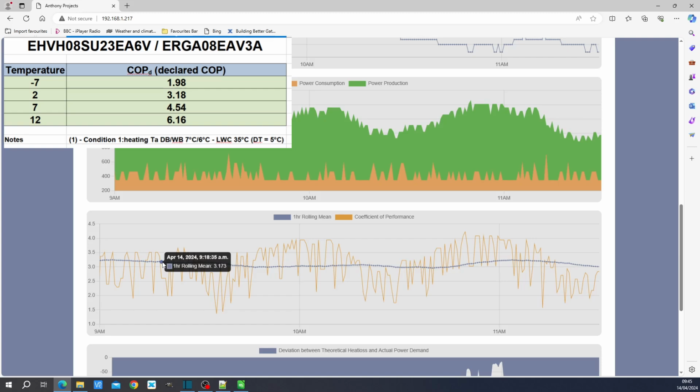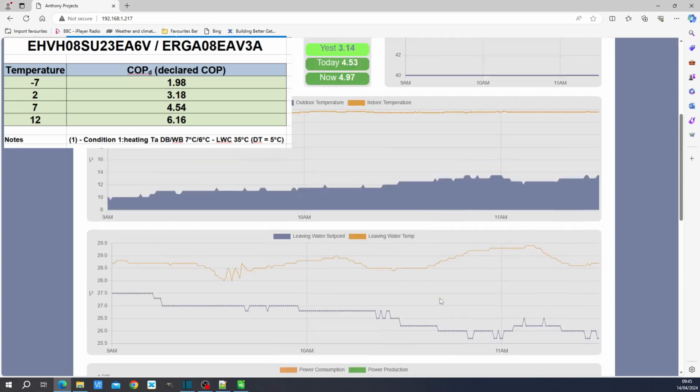If you compare that with the published figures for coefficient of performance at a temperature of 12 degrees, you will see that we should be getting a coefficient of performance of about 6. And at 7 degrees, it should be about 4.5. And at 2 degrees, it should be about 3.2. Now, below 8 degrees Celsius, roughly speaking, we are meeting those numbers for coefficient of performance, but above 10 degrees, we're not. You can see coefficient of performance is rising up and down. There seems to be like a 1 hour period rising up and down, and this is where we need to